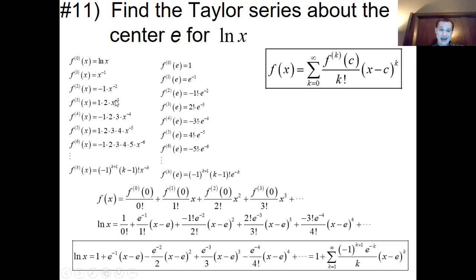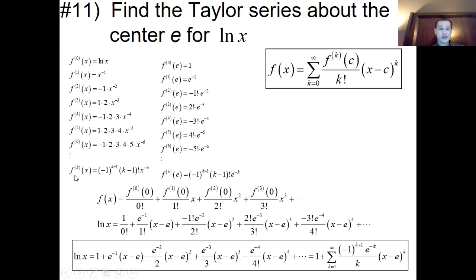But all the ones with the x's definitely have a pattern. The first derivative is involving x to the negative first. Second derivative is involving x to the negative second. Third is x to the negative third, and so on and so forth. And they do kind of oscillate. The first one is positive, then the second one's a negative, then a positive and a negative, and a positive and a negative. So how can I write that oscillation in general